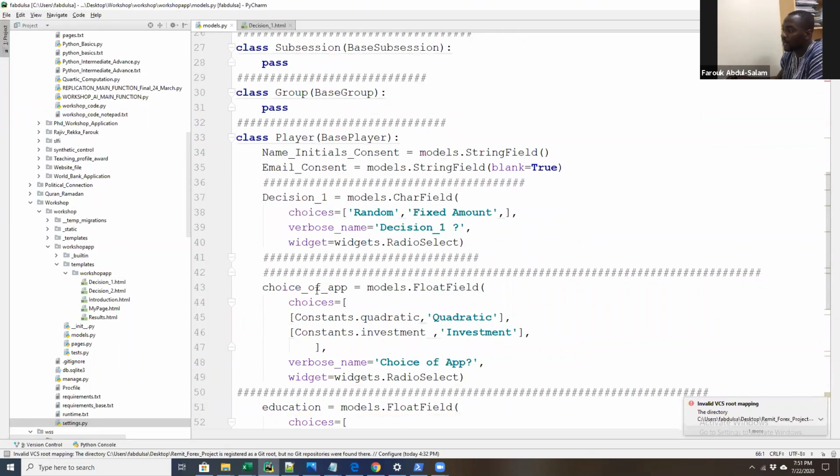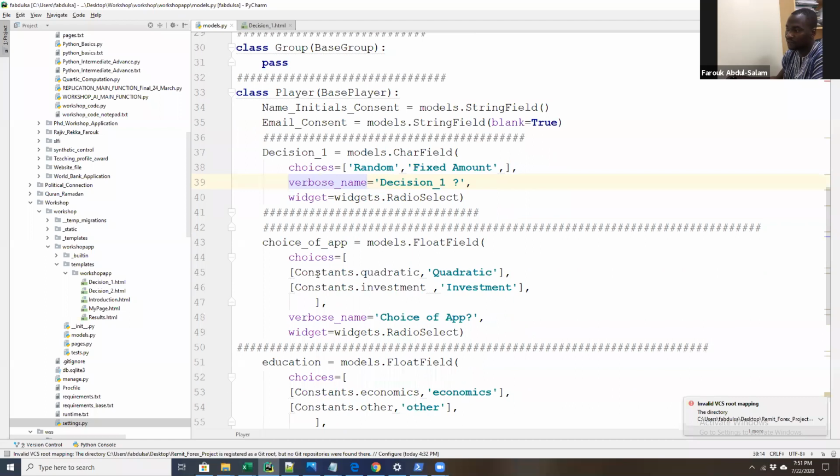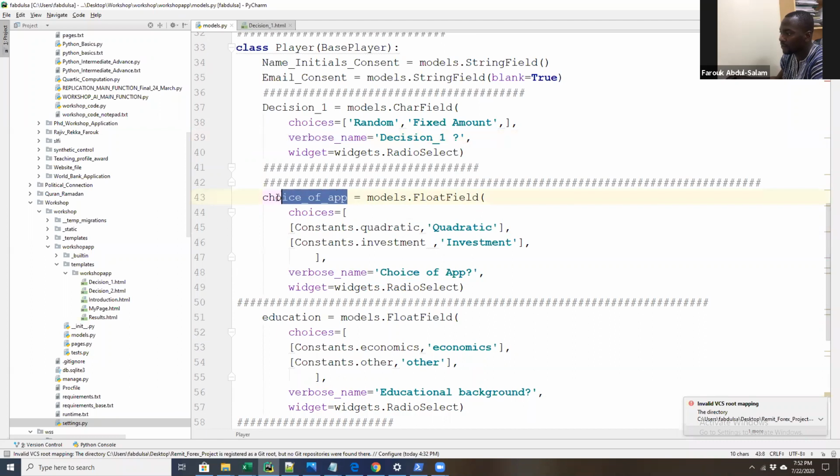How different is this from the decision page first? And how different is it with regards to the page that we showed up second? I will discuss it in detail. And again, please make sure you ask questions if there's a need for a question. Now, the very first thing that you realize here is this is the field that is needed. It is coming from the player, and it is an app choice. In the situation where we had the first page, which happens to be the introduction, we only needed the name and then the initial. With this new page coming from the instruction,